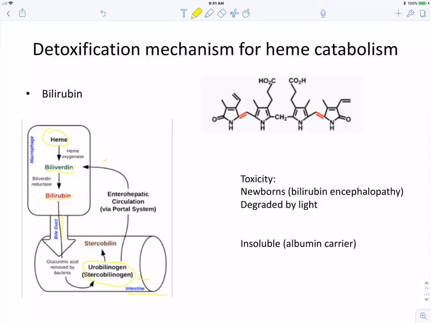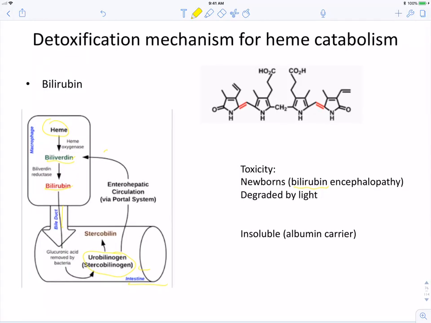The important thing to know is that bilirubin is also highly toxic, and the toxicity is especially for newborns. The reason is that newborns don't have a very tight barrier yet between the brain and blood circulation, so their blood-brain barrier is not completely effective yet, and so this bilirubin ends up penetrating into the brain and causing brain damage. It's rather insoluble, and so it's carried by albumin in the bloodstream, and it's also degraded by light, which is